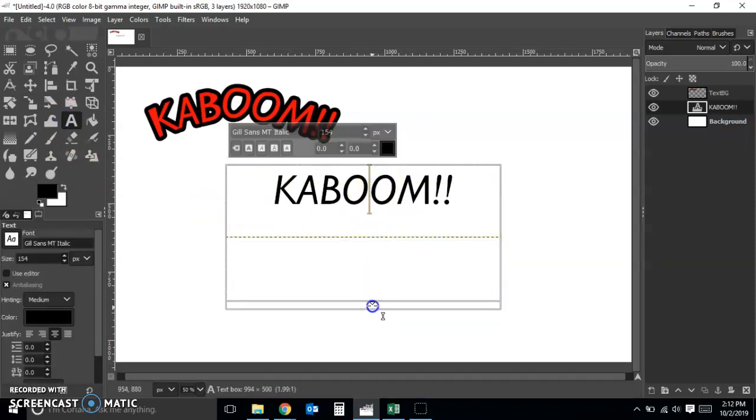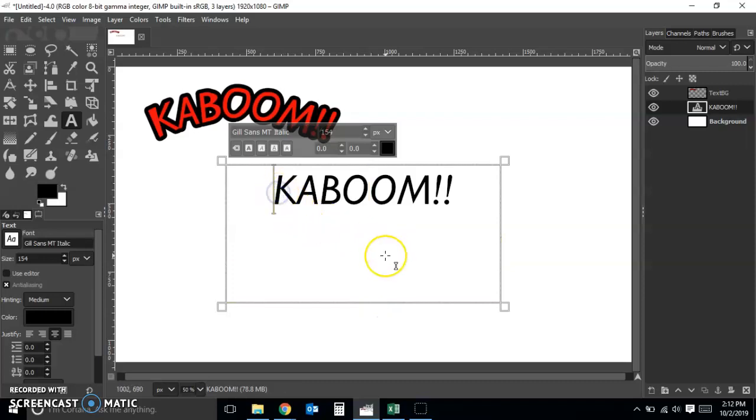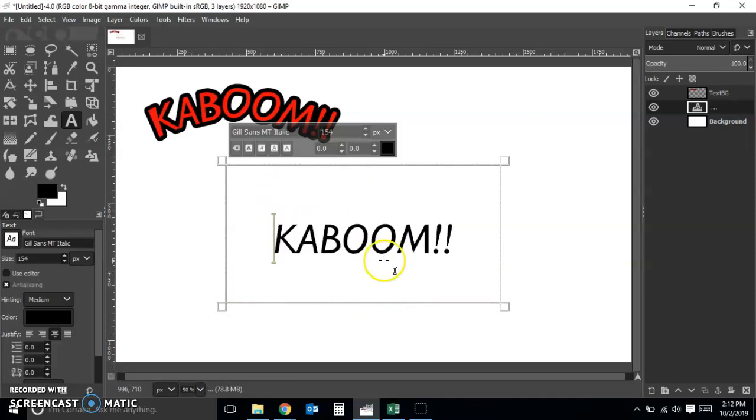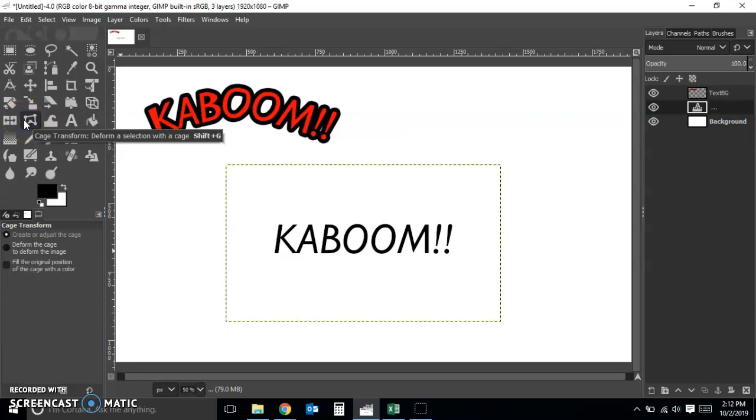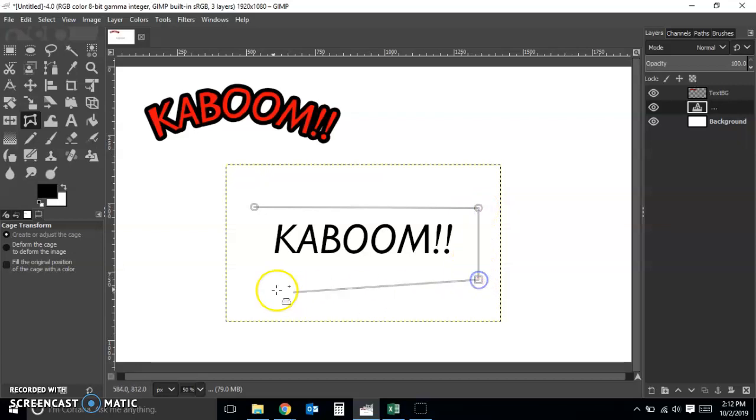I'm going to show you what I mean. I'm just going to edit and make this text box larger and put the text smack in the middle like that, right? Then I'm going to use this. It's called the cage transform. And what I'm going to do is create a cage around this word that I'm going to transform, just like that. So approximately a rectangle, maybe not really a right-sided rectangle or anything like that,